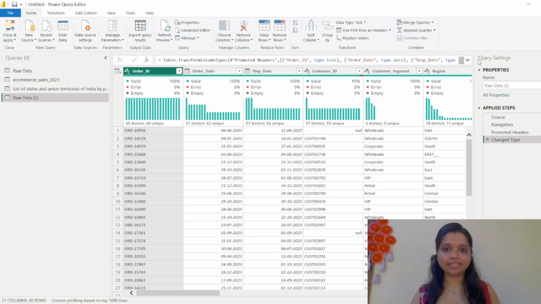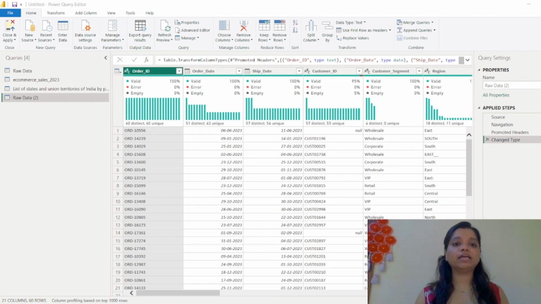Because we selected transform data, this opened up a new window, what we call the query editor. Technically, Power Query is a transformation engine that sits between your raw data and your final report. So every cleaning step you apply, fixing date formats, removing blank rows, standardizing text, all of it happens inside Power Query before the data even reaches your visuals. So here's the part that I think is genuinely brilliant about this tool.